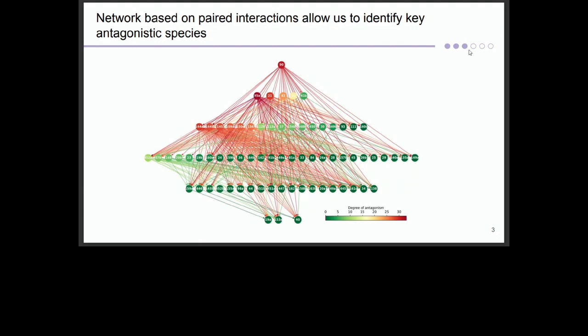We also have another thing, which is who's at the top and who's at the bottom. The ones at the top are the ones that are antagonizing a lot of strains of the 78, and the ones at the lower level are not antagonizing many. So what we are seeing here is that we have so many strains that are not antagonizing the others, and a few that are doing that. In common words, I call the ones at the top bullies, but they don't get bullied. That's really interesting in the dynamics.